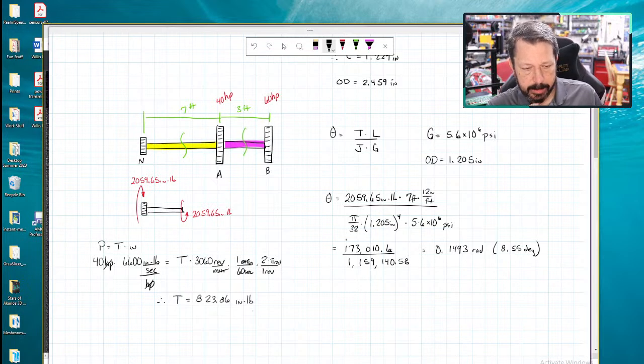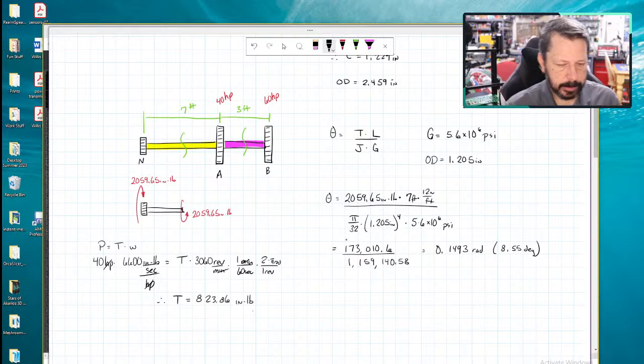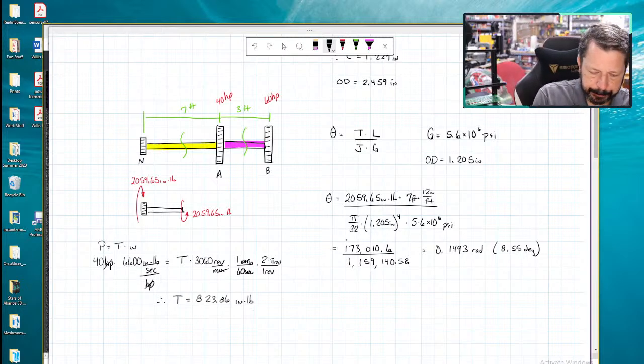The gear A, we'll say used up. That's probably not the best word, but it might help you think about it the right way. So it used up 800 of those. So 2059.65 minus 823.86. So the magenta section, section AB,